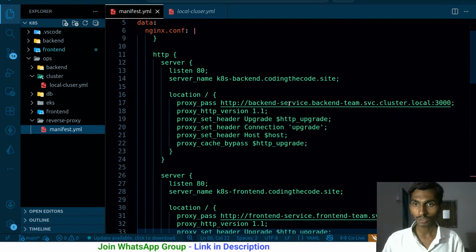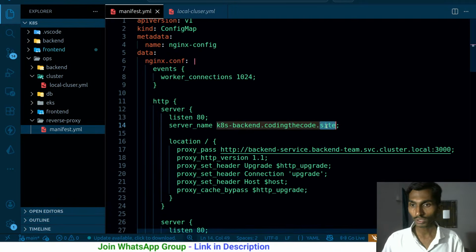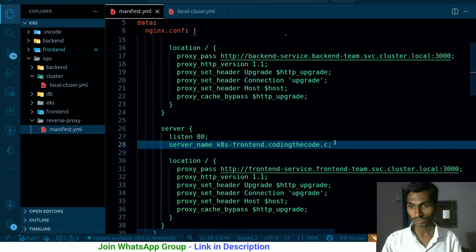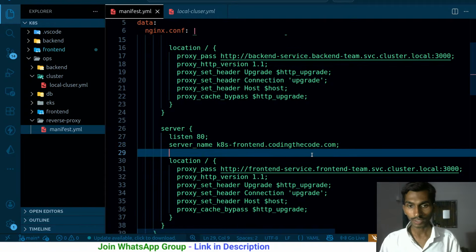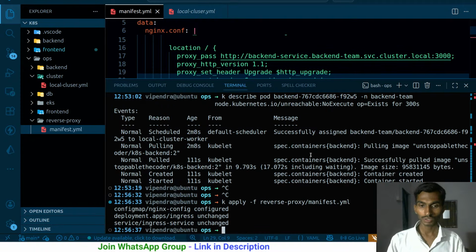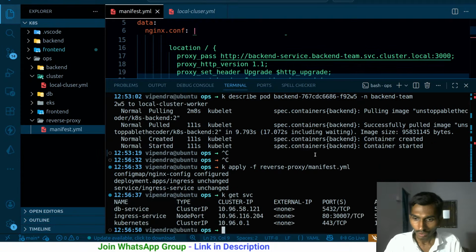This is actually gonna be com. So codingthecode.com for now, and let me make it com as well, because I'm gonna be changing this stuff. And for this thing I will have to start the reverse proxy. Okay, applying reverse proxy manifest yml. So this is gonna be configured, and as this is configured, that's okay, don't really need to worry about anything. So kubectl get services. So ultimately this has been configured automatically, and it has the cluster IP,